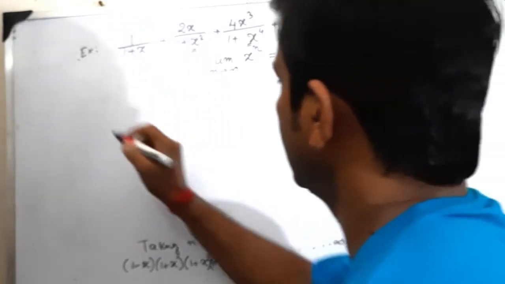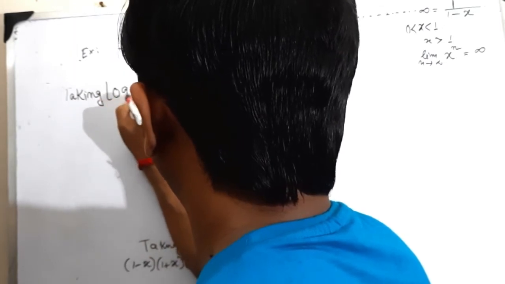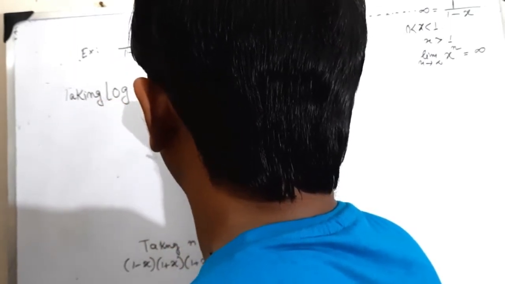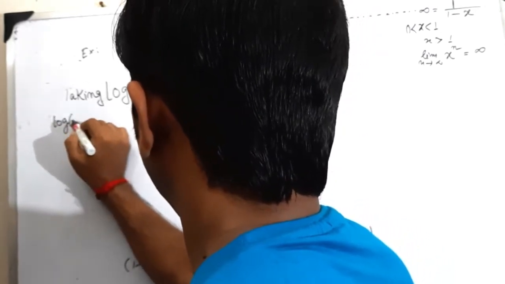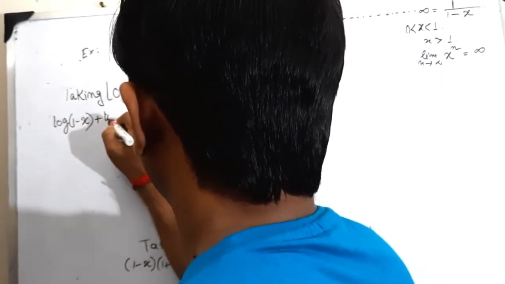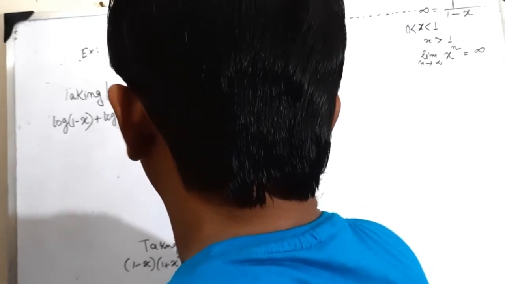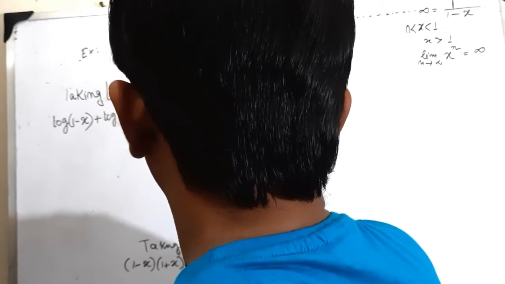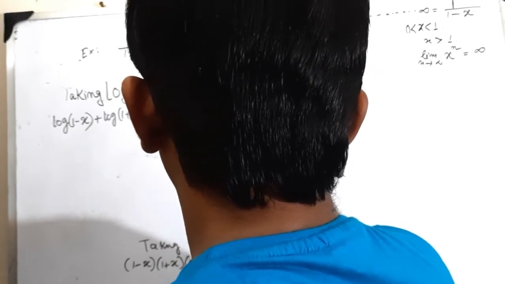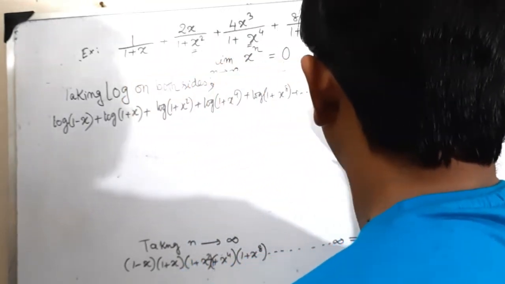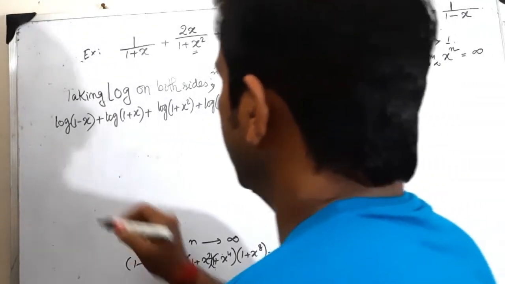Now, taking log on both sides, this is equal to log of 1 minus x plus log of 1 plus x plus log of 1 plus x square plus log of 1 plus x to the power 4 plus log of 1 plus x to the power 8 plus ... to infinity, is equal to log 1, which is equal to 0. Differentiating with respect to x,